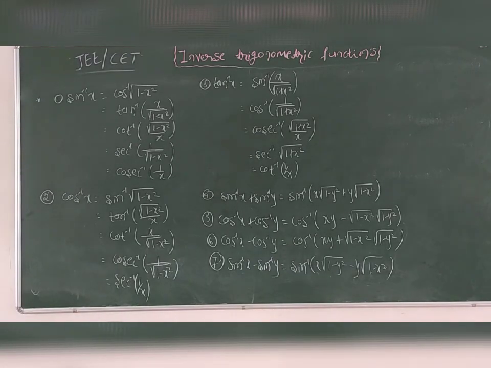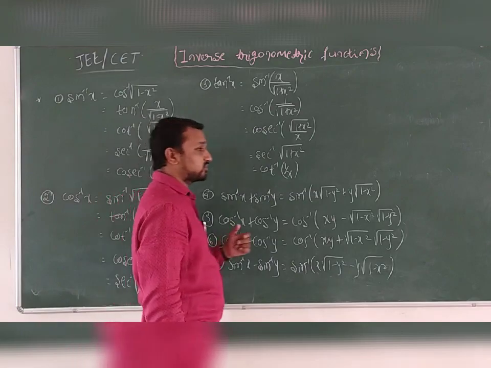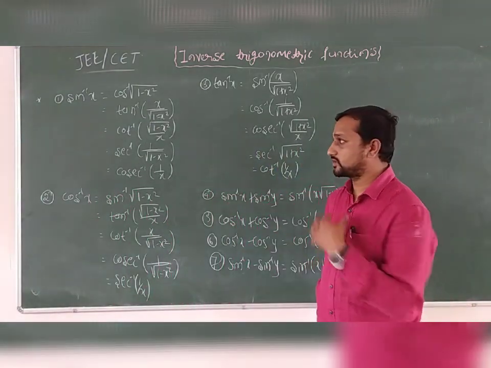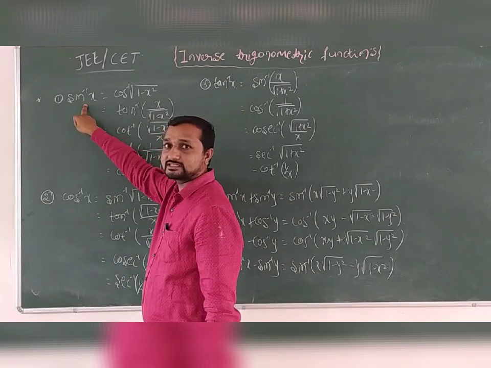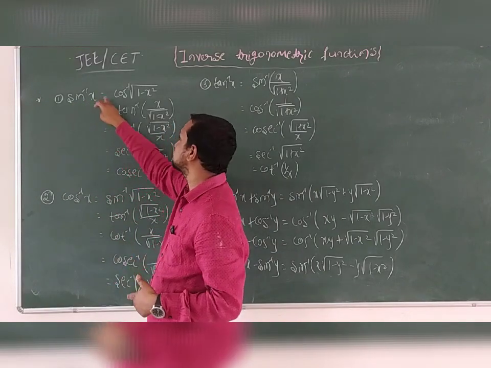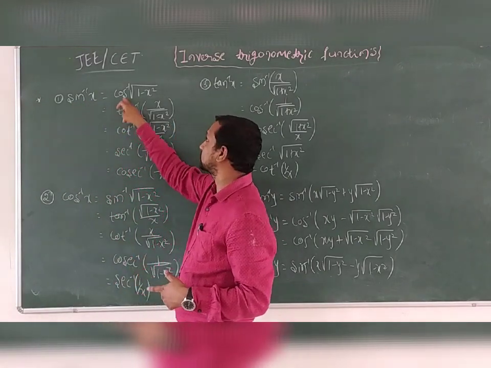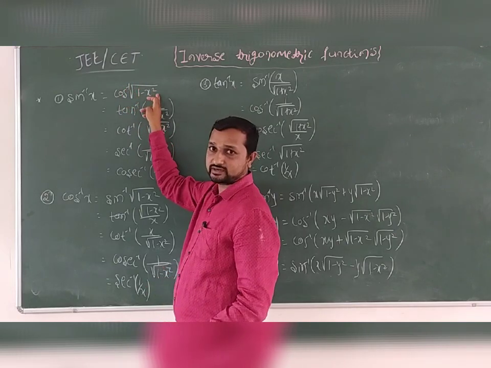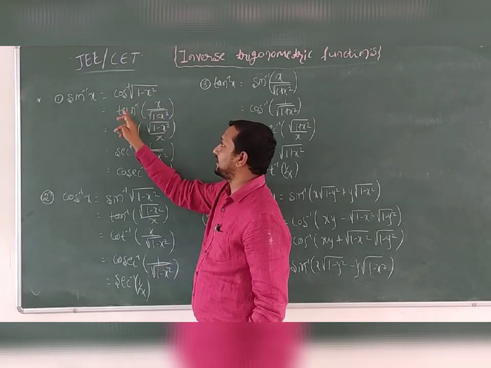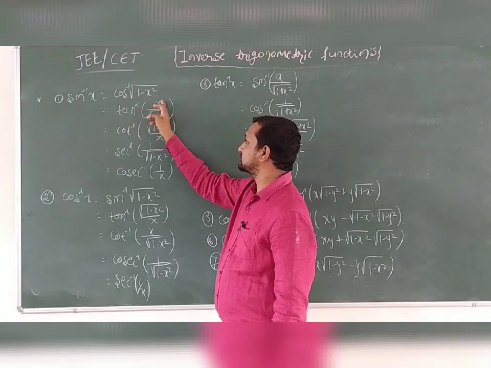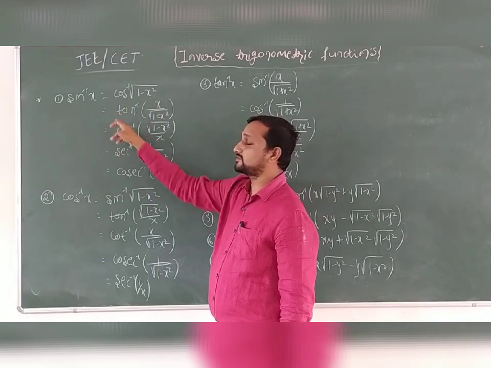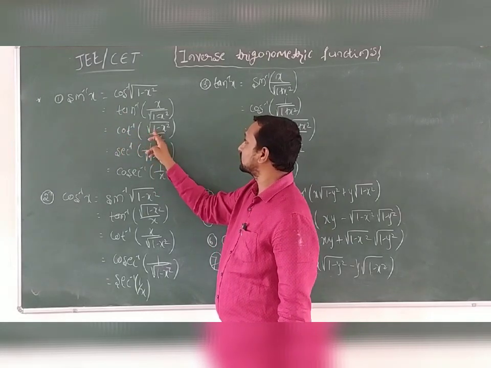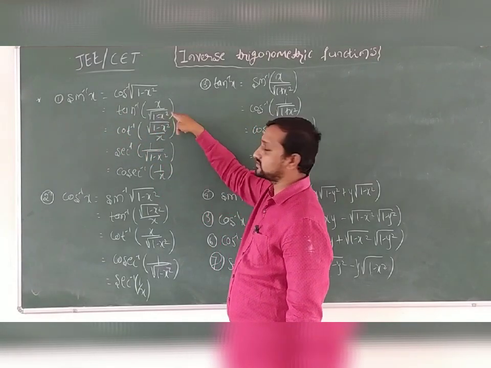So students, these are very important properties, only for competitive examinations. So here sin inverse of x, we can express in terms of cos inverse function as cos inverse of root of 1 minus x square. Okay, remember that. And in terms of tan inverse, tan inverse of x divided by root of 1 minus x square. In terms of cot inverse, cot inverse of root of 1 minus x square by x. So vice versa.